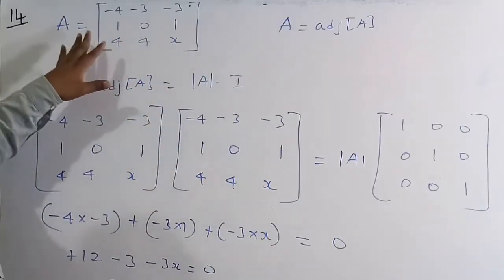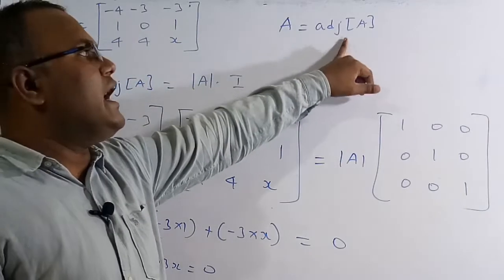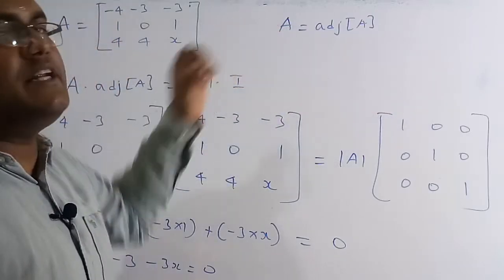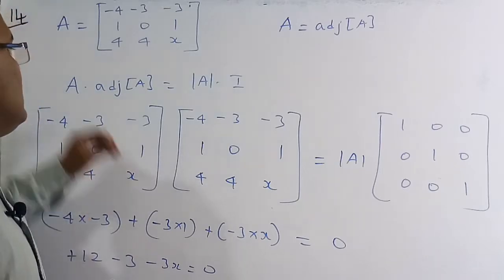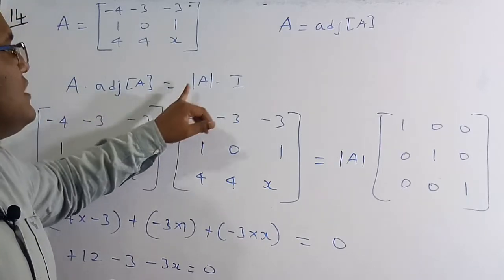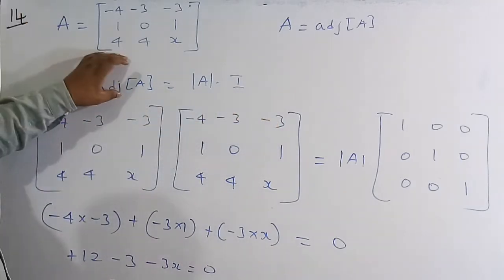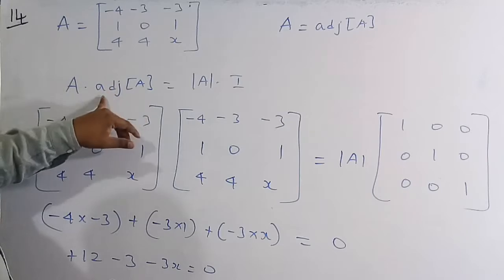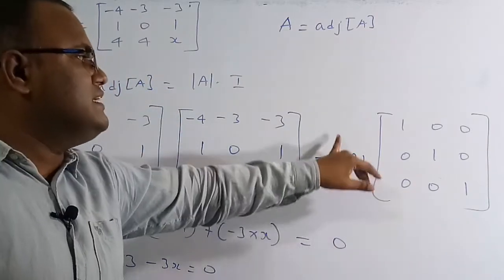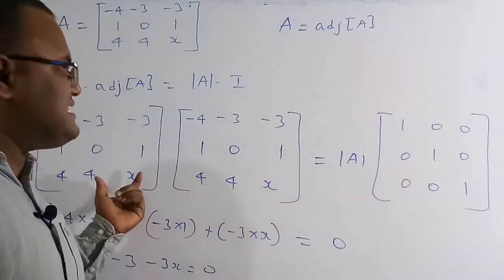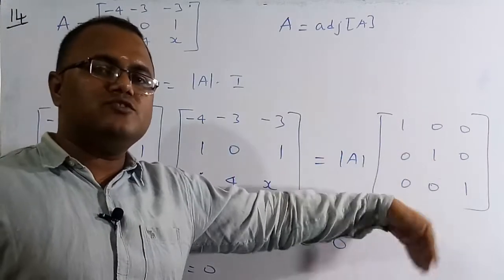See, in the question they have given the matrix, this is the matrix A, and also they have told that the matrix A itself is equal to the adjoint of the matrix. Based on this condition, we need to find the value of x. The basic rule in mathematics is A into adjoint of matrix A is equal to the determinant of that matrix into the identity matrix. But A is equal to its adjoint, so the same matrices we are going to multiply, is equal to the determinant of that matrix into the identity matrix. Because it is a 3 by 3 matrix into a 3 by 3 matrix, again we get 3 by 3, so the identity matrix is also 3 by 3.